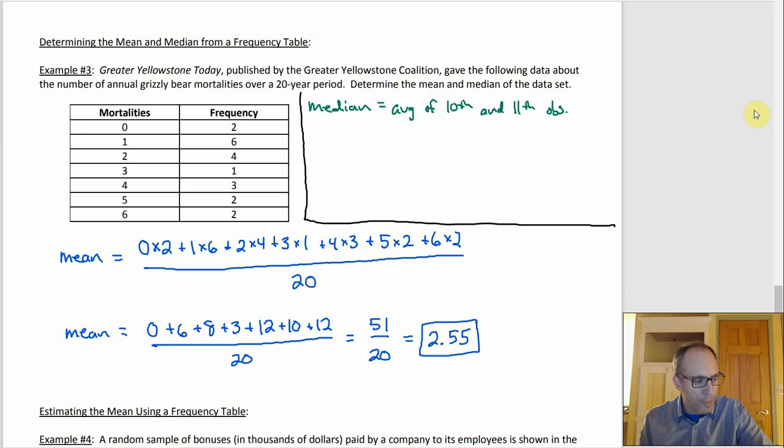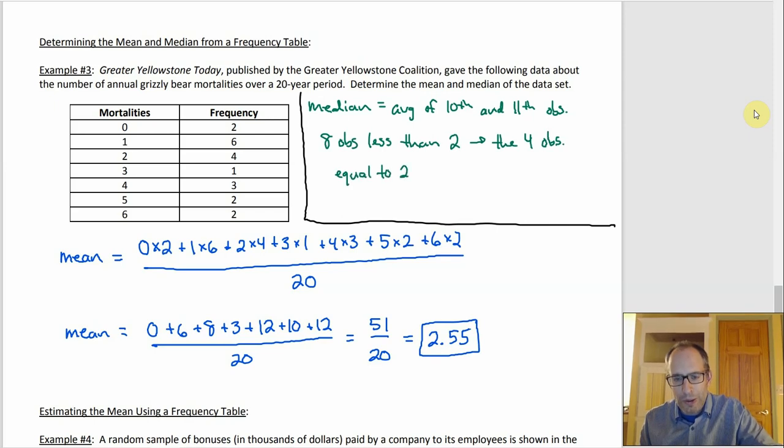observations. But notice what we've got here. We got a 2, then a 6. So the first 8 are all less than 2, right? So the first 2 are zeros. And then 3rd, 4th, 5th, 6th, 7th, and 8th are all 1s. So there are 8 observations less than 2, which would mean that the 4 observations